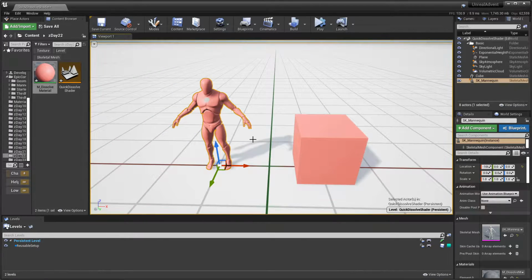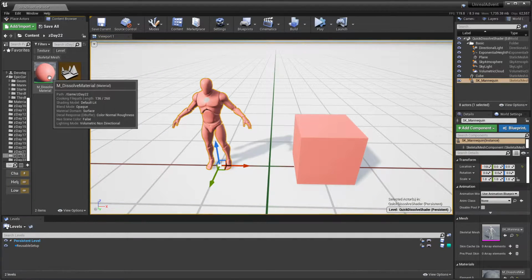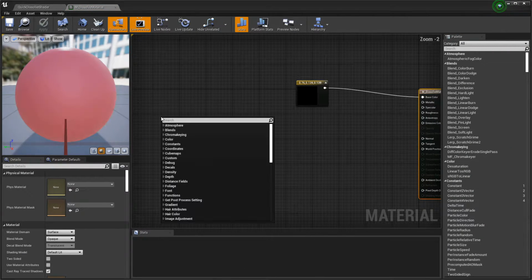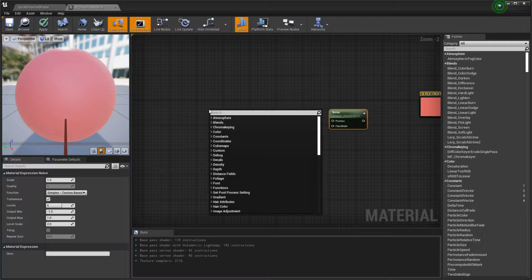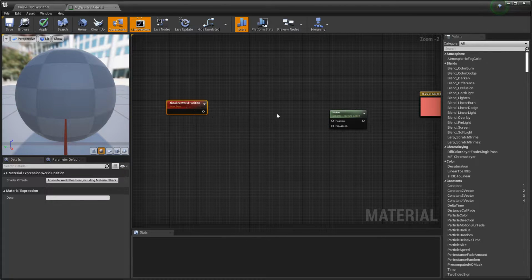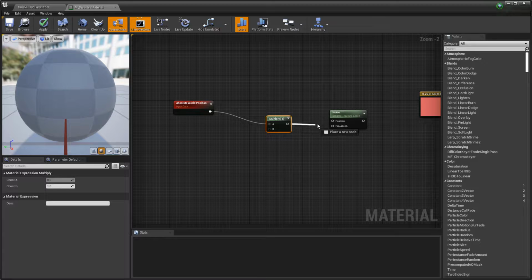Okay, so this is a little bit of a fun one. Let's make a quick dissolve shader, okay? So first off, we're gonna need a noise, and then we're going to need the world position of the pixel that we're looking at. Okay, now what we want to do is expose a scalar and multiply that times the